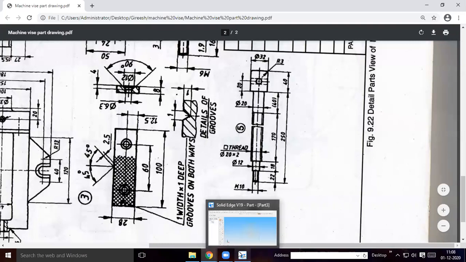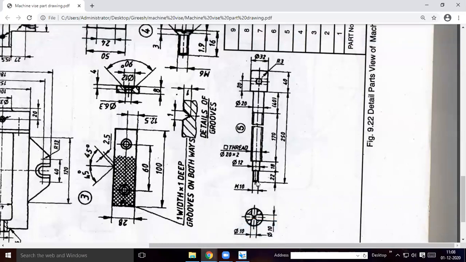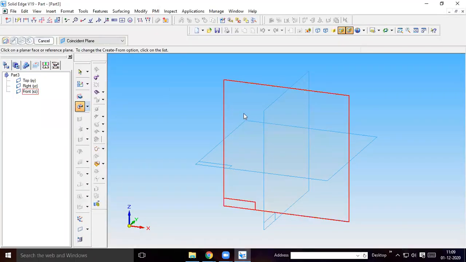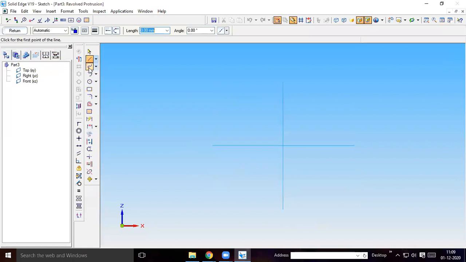So first you take this dimension, 5 mm at 0, then 22 mm at 90, then 1 mm at 0, then 18 mm at 90, then 4 mm at 0, then 210 mm. Okay, so I use revolved protrusion. Select the front plane.